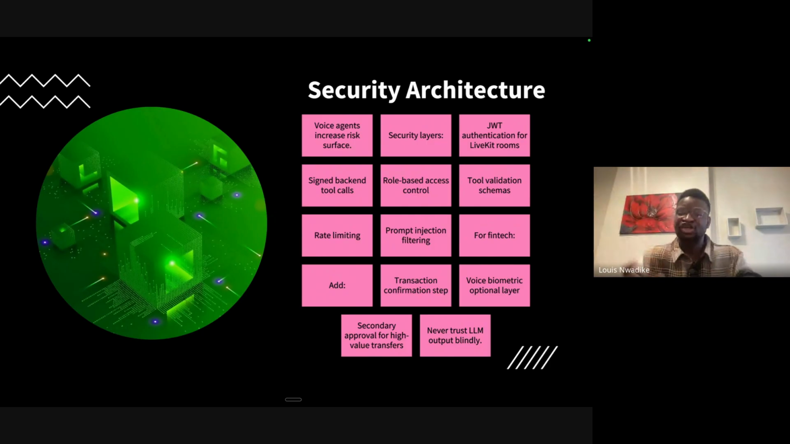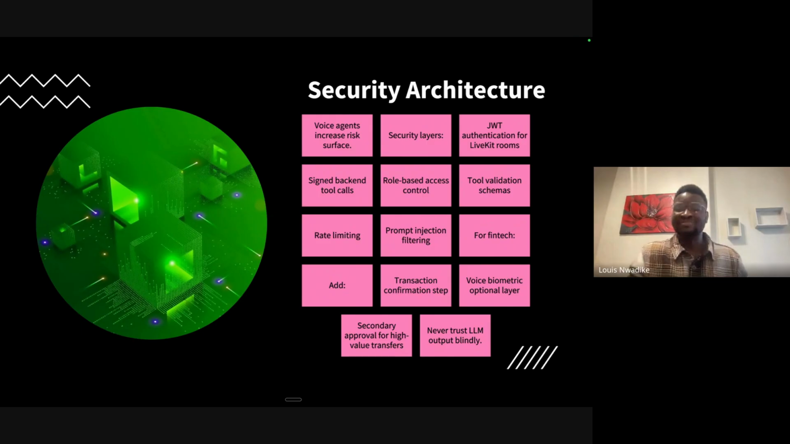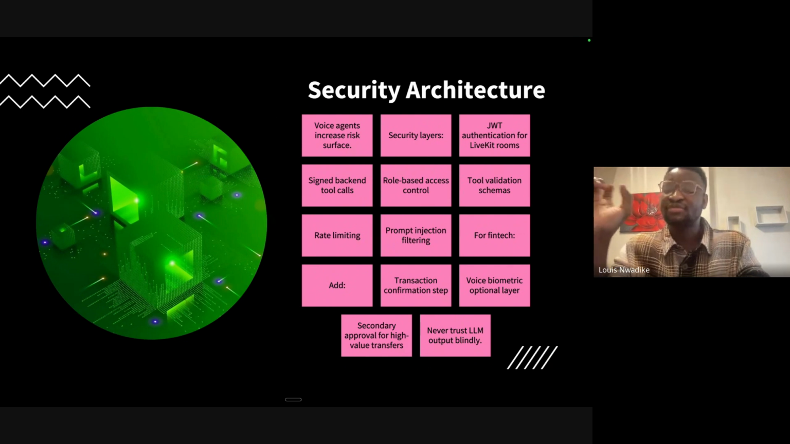When it comes to authentication, we have other tools we can use, but one of the most widely used is JWT, especially for client to server. We also have JWKS, which is more for microservice interaction, mTLS, and microservice to microservice security and communication. But JWT, from our user side to the server, works. Then there are signed backend tool calls, role-based access control, tool validation schemas, rate limits, prompt injection filtering, and guardrails,